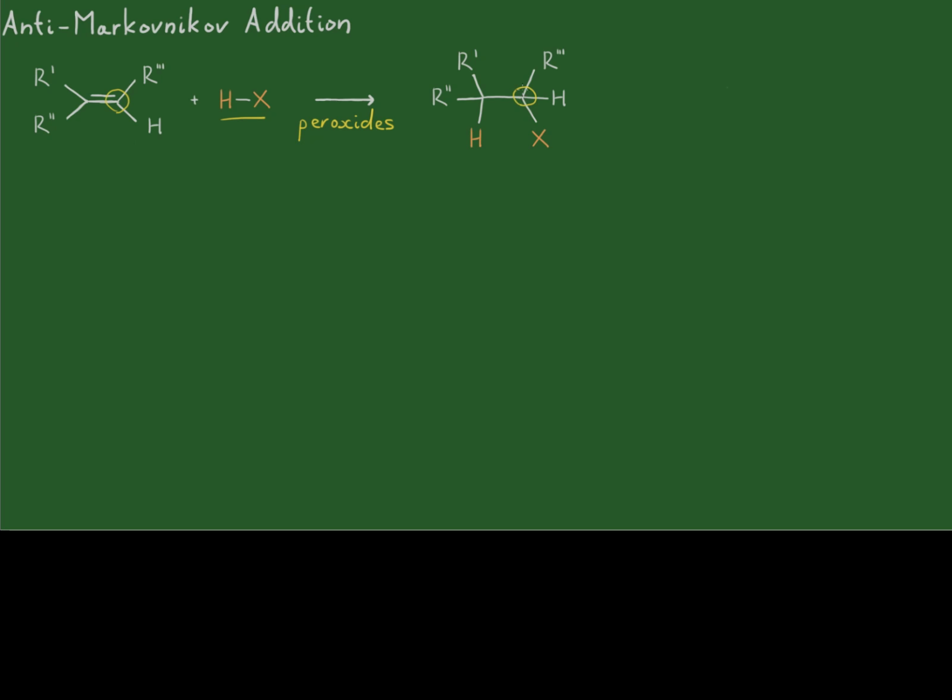Why is that? Well, it has to do with the peroxides. So firstly, we need to look at what it is that they do in our reaction mechanism. So let's have a look. So here I have hydrogen peroxide that gives me two hydroxide radicals. How does that happen? Well, if I draw it out a little bit better,